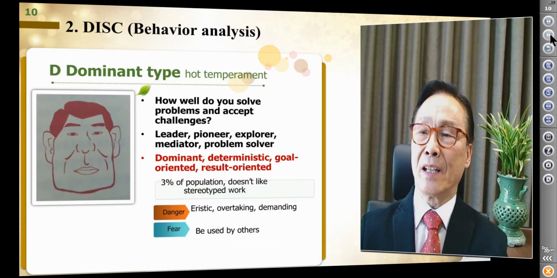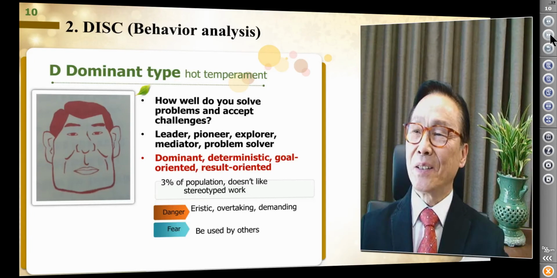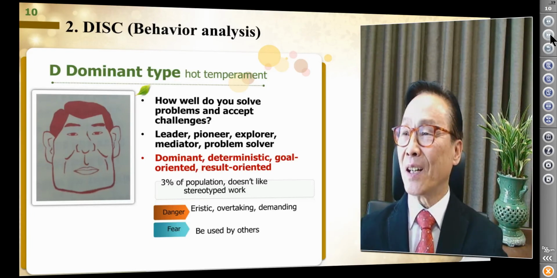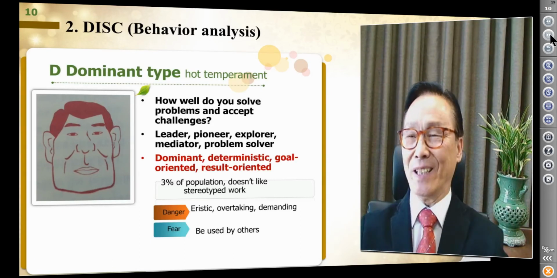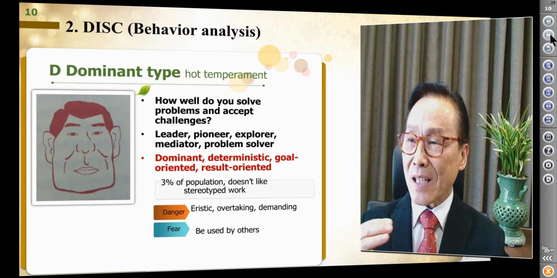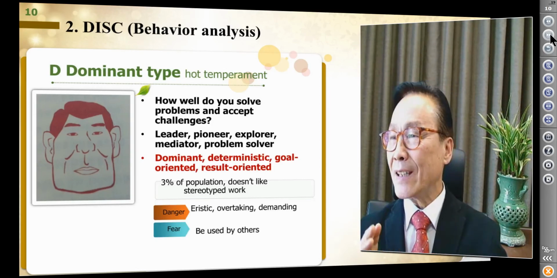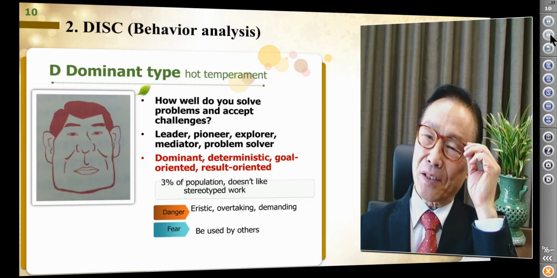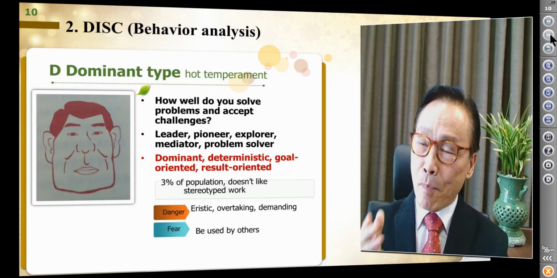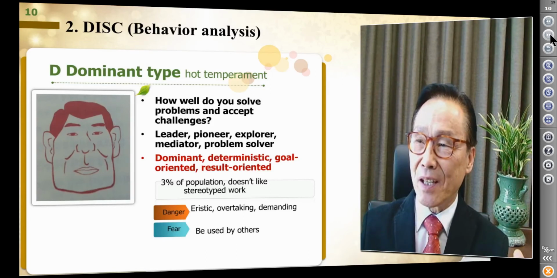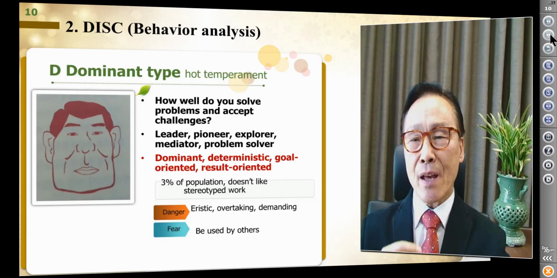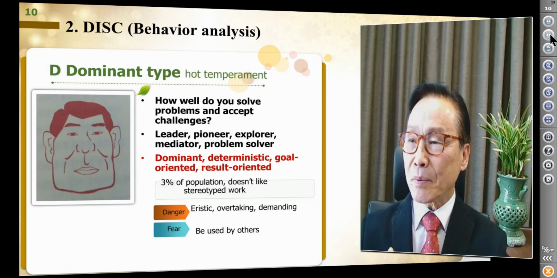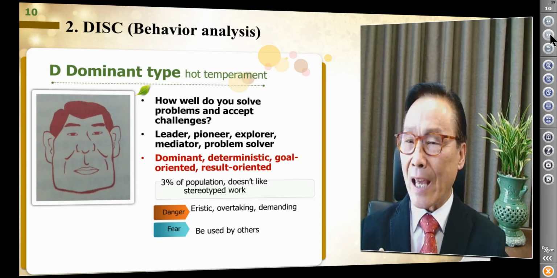Let's analyze the D-type personality. The D-type person is a dominant type, goal-oriented and result-oriented. They are enthusiastic but have a tendency to dominate others. They are leaders, pioneers, explorers, mediators, problem solvers. The D types are 3% of the entire population. The weakness of D-type persons is a tendency to be